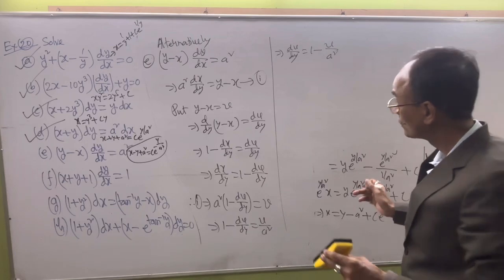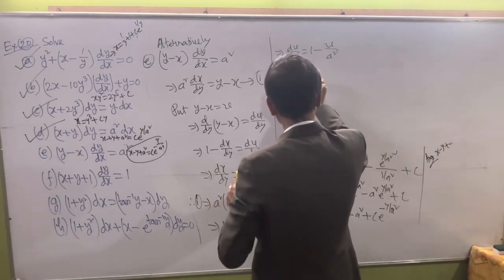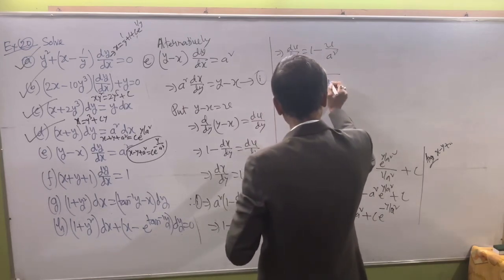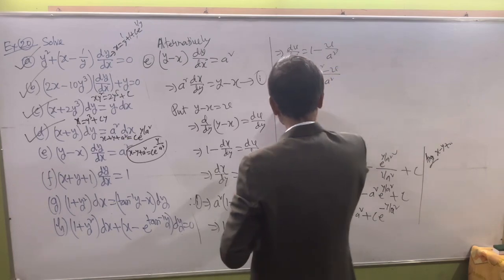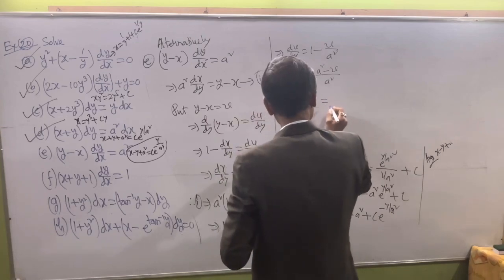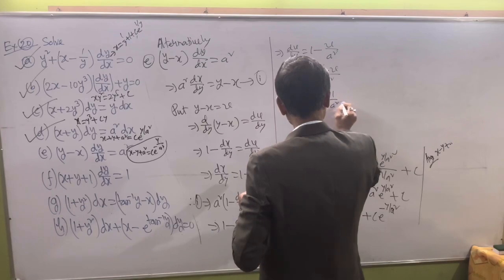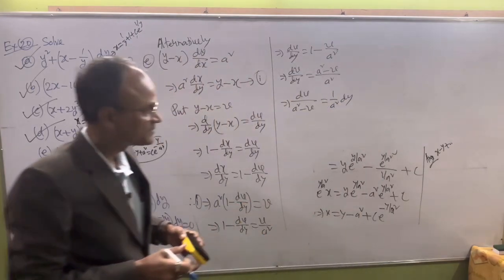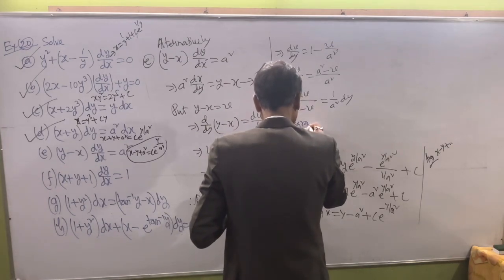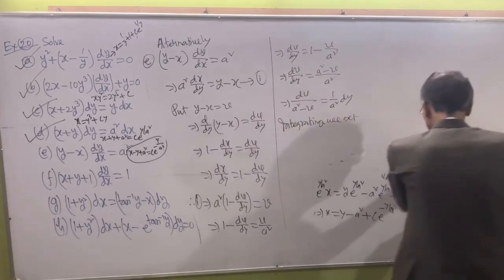dv by dy equal to 1 minus v by a square, or dv by dy equal to a square minus v divided by this, or dv divided by a square minus v equal to 1 by a square dy. You may write like this. Now integrating we get,